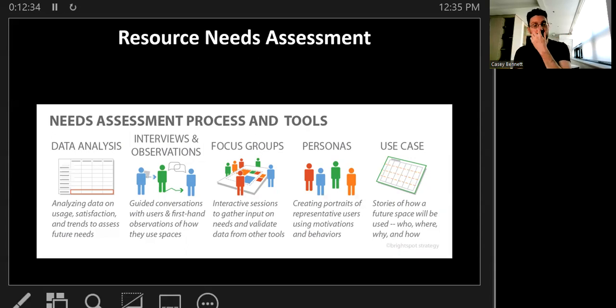You can also try to create personas of simulated users. You can create use cases, right? Where you just set up your own scenarios. You can do case studies where you literally go follow people around. I used to do this when I was a data scientist and I was building clinical tools. I would go watch doctors and patients have a clinical session.